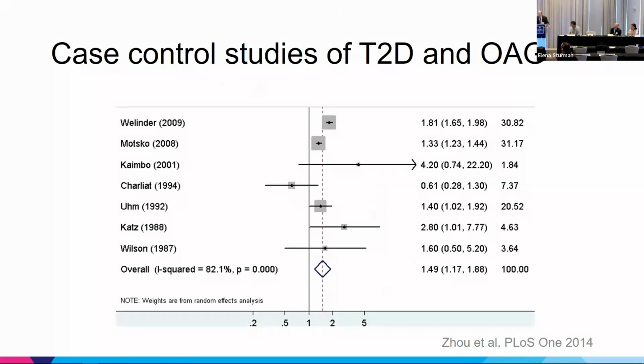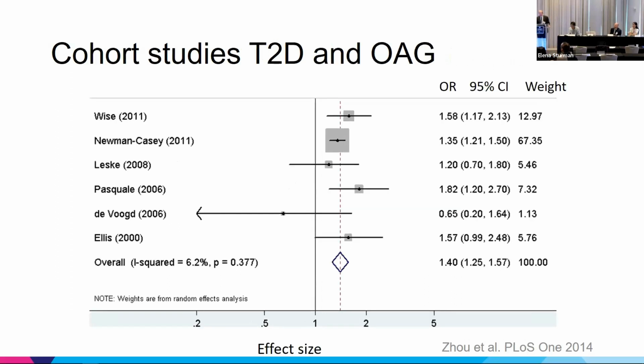Here are studies that have been summarized up to the year 2014. These are case-controlled studies and meta-analyses indicating that type 2 diabetes is a risk factor for open-angle glaucoma. Here are some cohort studies linking type 2 diabetes to open-angle glaucoma, including the study that Jahi and I co-authored